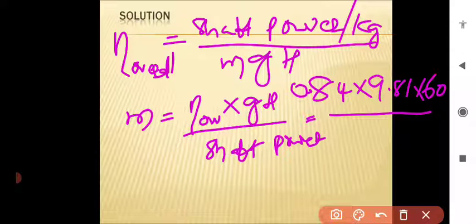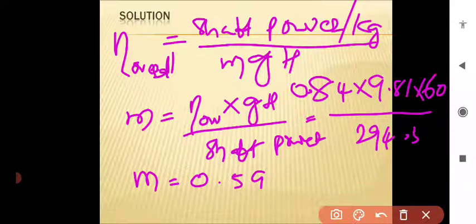The shaft power given is equal to 294.3. If you calculate it, you will get the m value. M is equal to 0.592 kg, where m is equal to